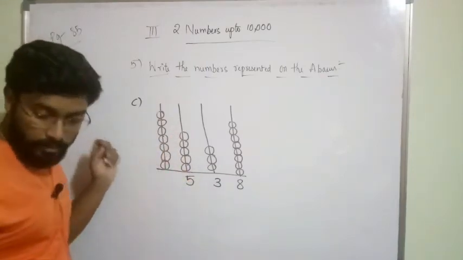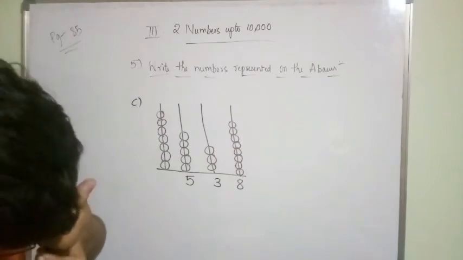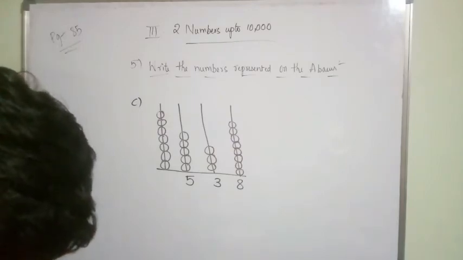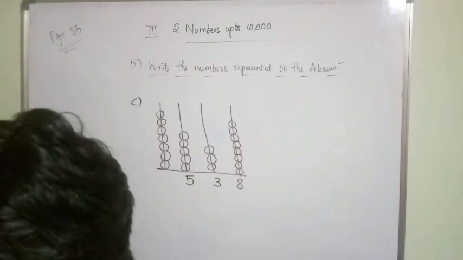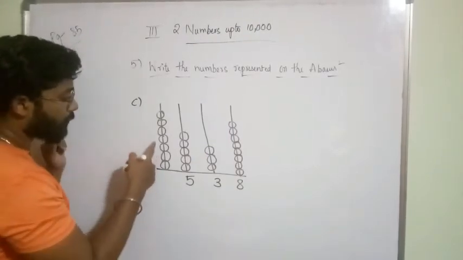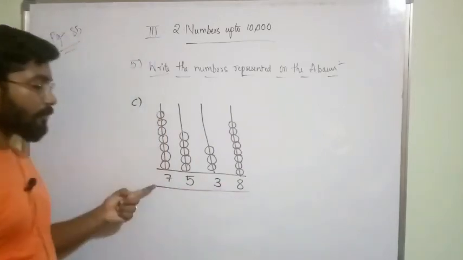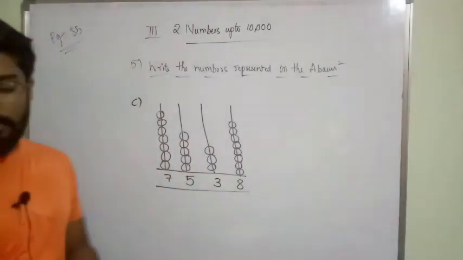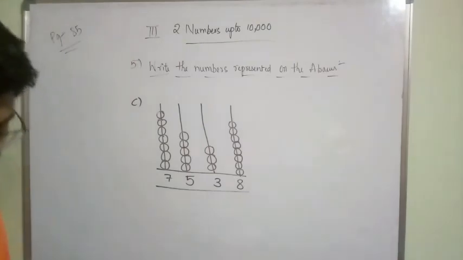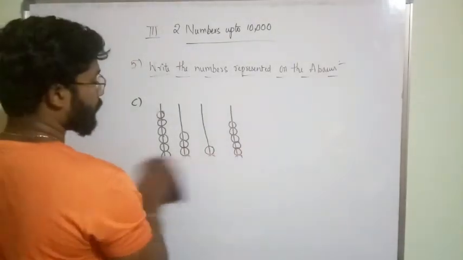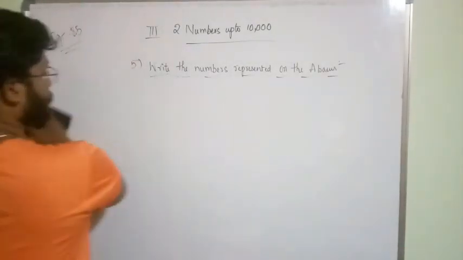Okay. So in thousands rod how many are there? 7 are there. Okay, 1, 2, 3, 4, 5, 6, 7. 7 only. Okay, so you have to keep 7 here. So 7538 is the number. Okay, next one,